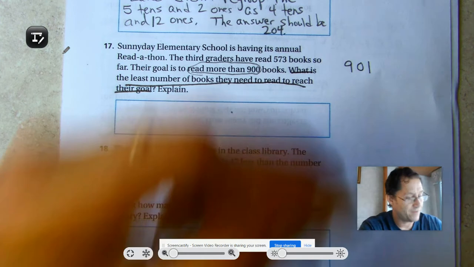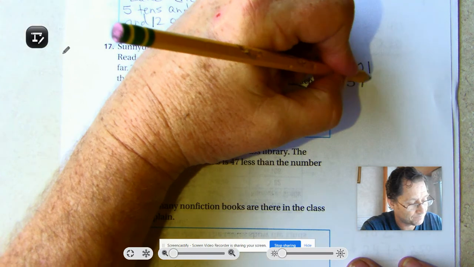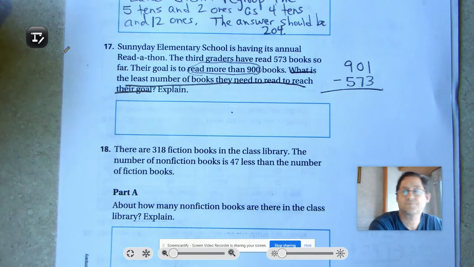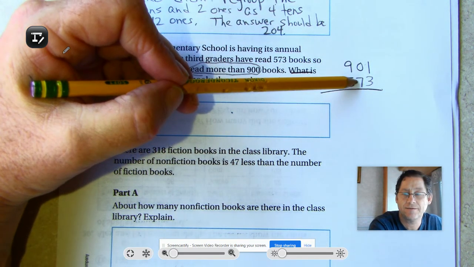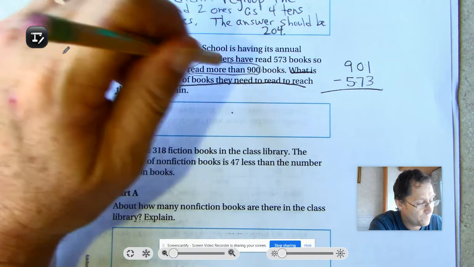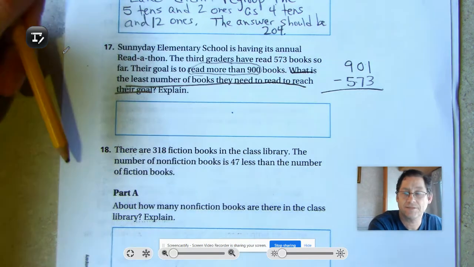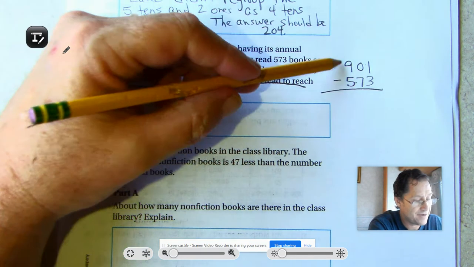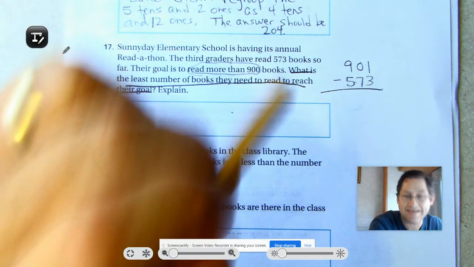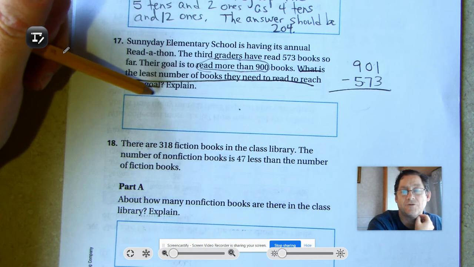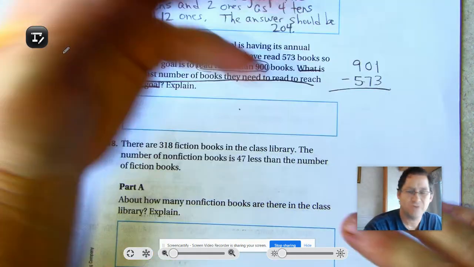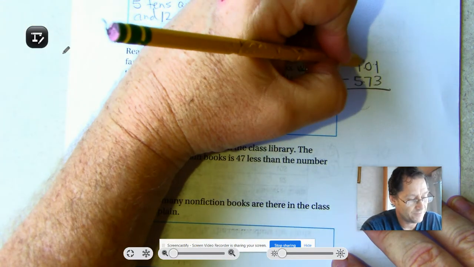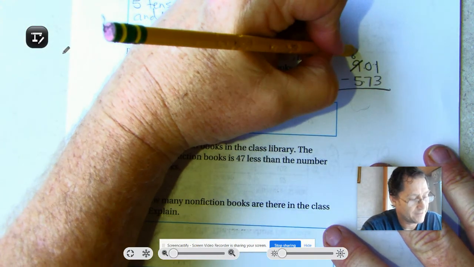So they've read 573. So again, why am I not going 900 take away 573? It's because they want to read more than 900 books. If I subtract it by 900, the number I'm going to get here would give me exactly 900. And so I would be off by 1. Okay, so can I take 3 from 1? No. And I can't borrow from the 10s, regroup from the 10s, so I'm going to think of the hundreds